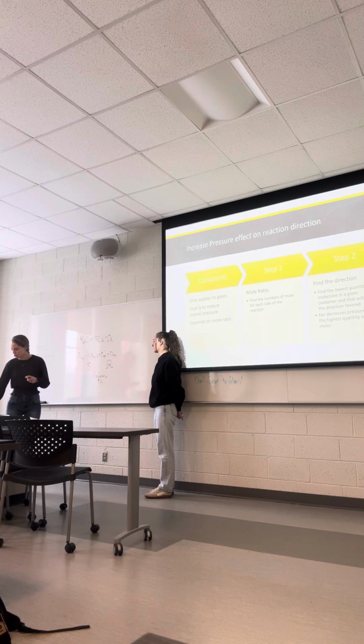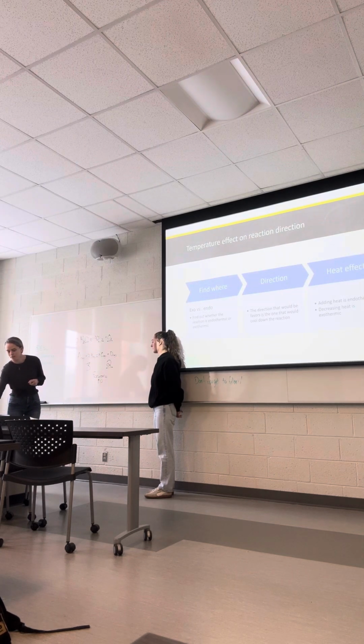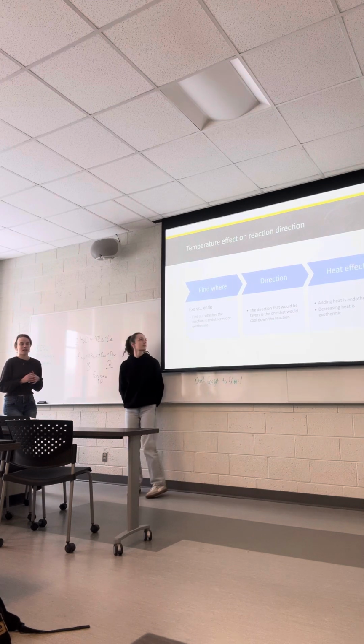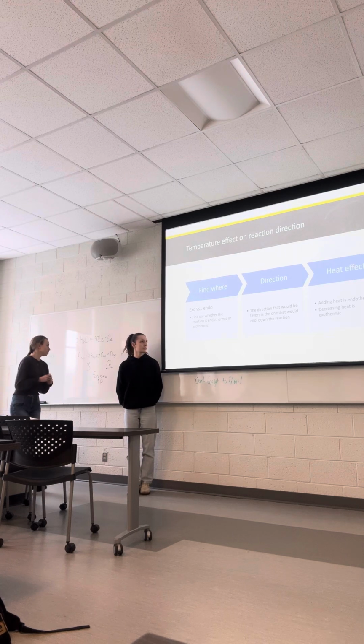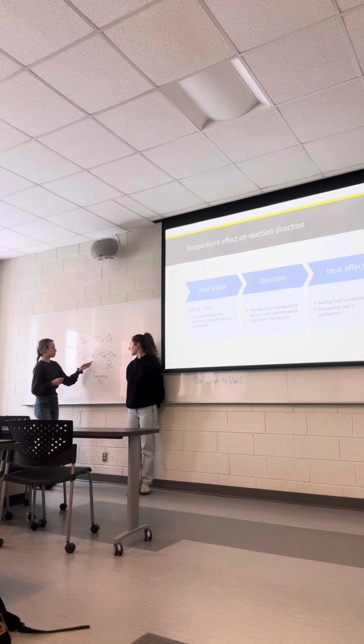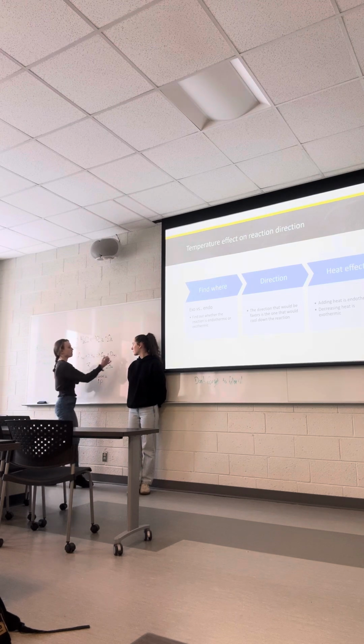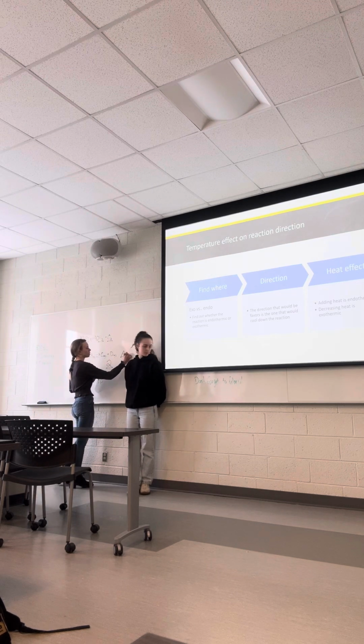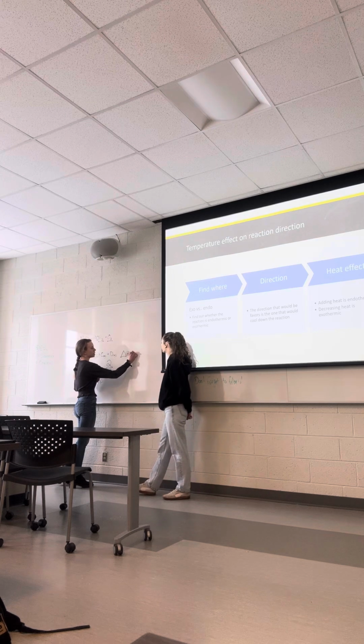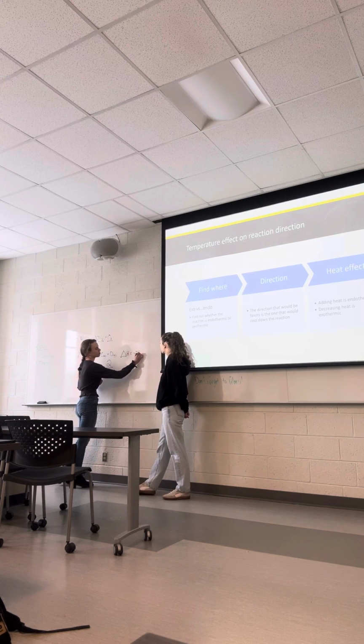Now the last constraint you can do is temperature. Now temperature is all about finding which is exothermic and which is endothermic. Exothermic only means that energy is given off at the end of a reaction. Endothermic means heat is added. So if I take this equation and I say that the enthalpy is negative 250 kilojoules per mole,